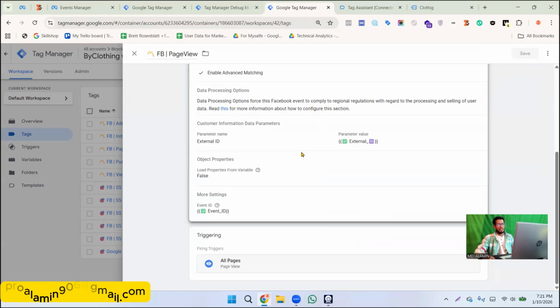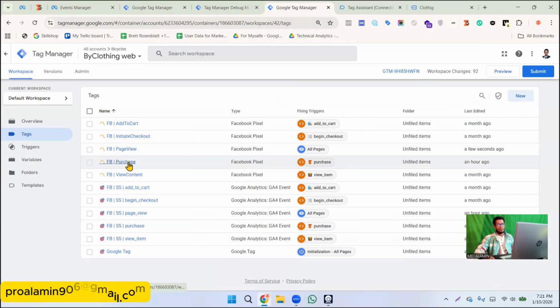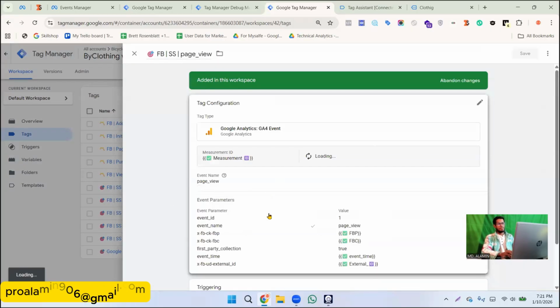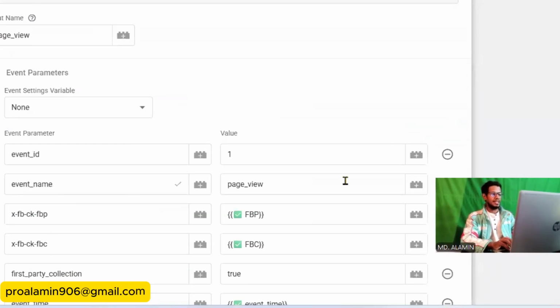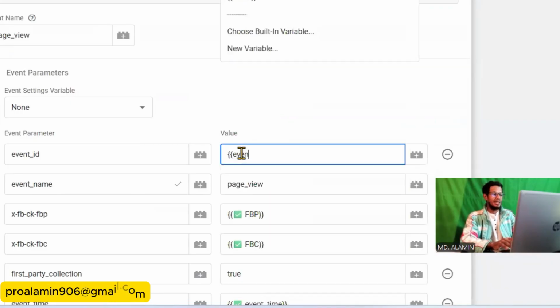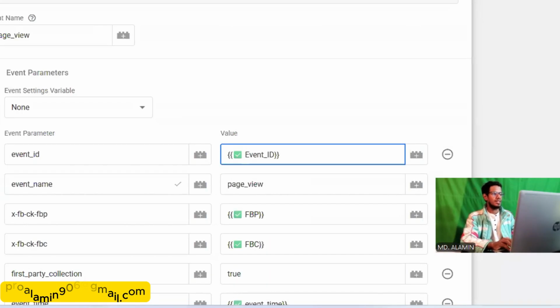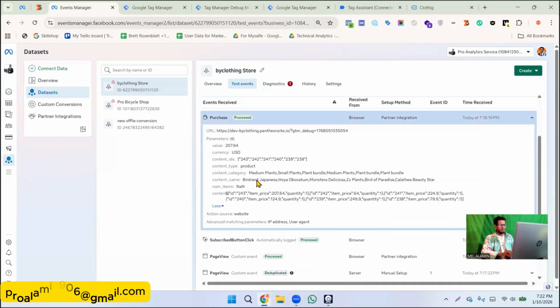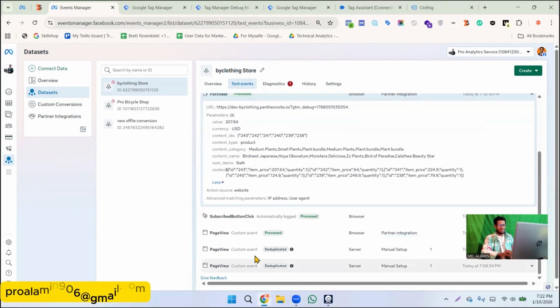Then I will edit this from our server like here. And here you can see this event ID is only one static value, but I want to send a dynamic value. Okay, event ID, I will select this one and click on save. Also, when I check our event manager, at that time it says purchase events are not working and page view events are not working. Like this, you can see this is a duplicate, but it is not working properly. So